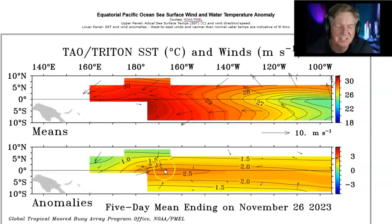West anomalies. This is classically what the active phase of the MJO will do. It dampens trade winds that allows warm water. You see this big pile of red right here? That's cooking warm water to start pushing off to the east. So it looks like, at a minimum, the active phase of the MJO is in control, or if not, the El Nino oscillation, the El Nino Southern Oscillation, effectively is a very long-running active phase of the MJO. So one of the two is in effect on the date line, and my guess would be that it's El